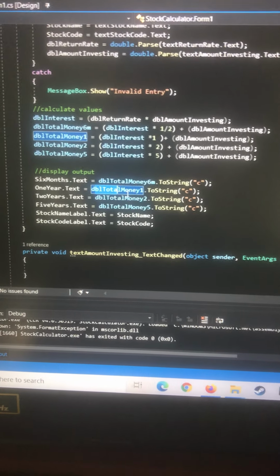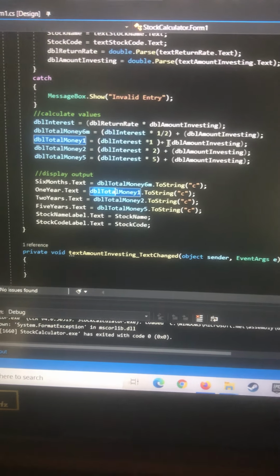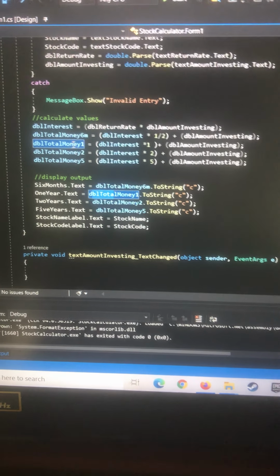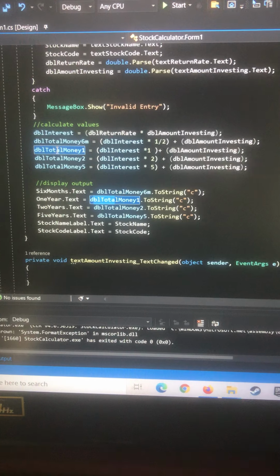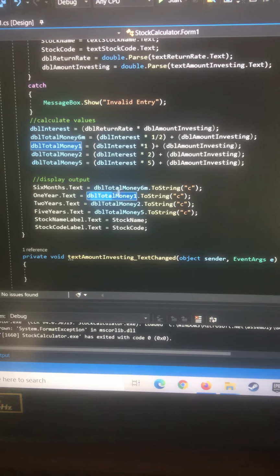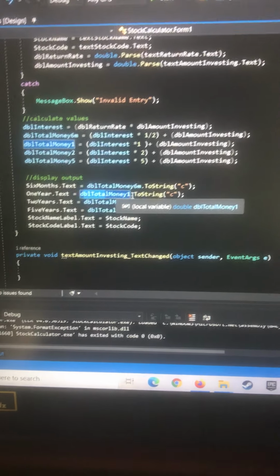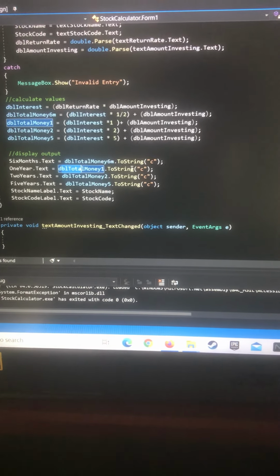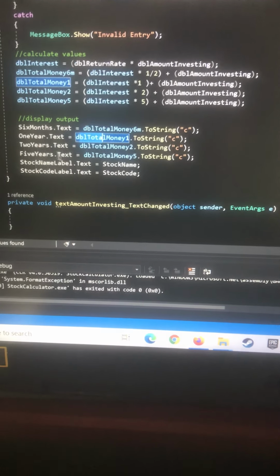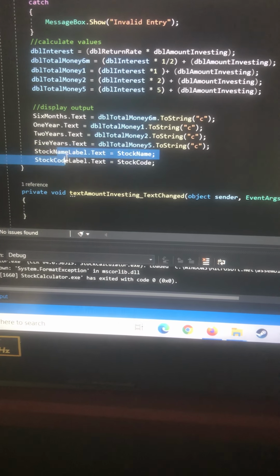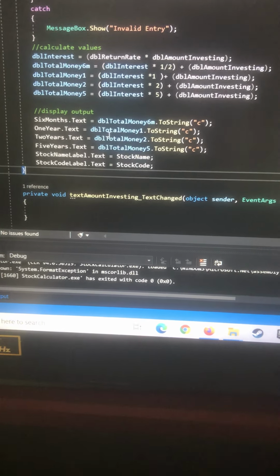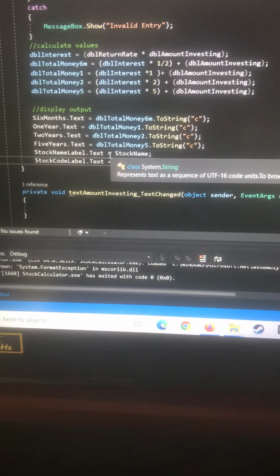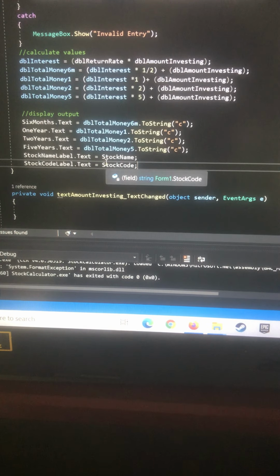And then I obviously, here's money 1, and there's the math, and it's just saying to take this right here, set it equal to this, and then I take this, which is equal to that, and then put this in here and make it a string form, so then it can be displayed properly. And then down here, it's the same for these ones, and then once you hit this spot right here, this one is for displaying the